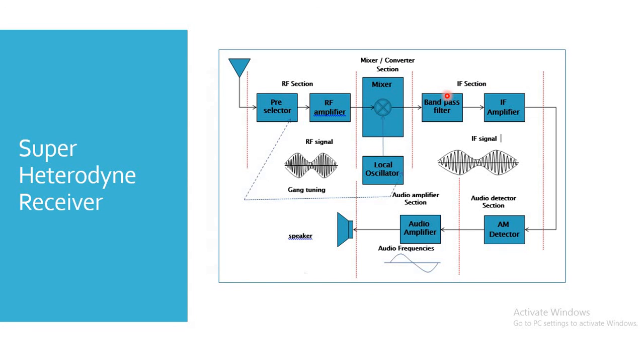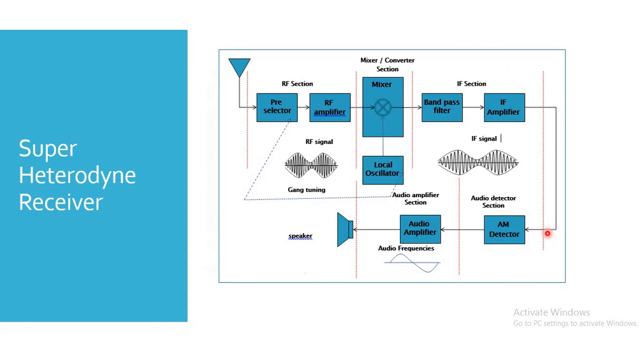455 kilohertz. After the mixer, we have an IF amplifier. This IF amplifier section is to amplify the IF signal. Now one thing is very interesting here: if your received signal has a carrier frequency in the range of 535 to 1640 kilohertz, which is the general range of an AM signal, at the output of the mixer it gets converted to 455 kilohertz. So whatever your input signal is, at the input of the IF amplifier it is converted to 455 kilohertz.